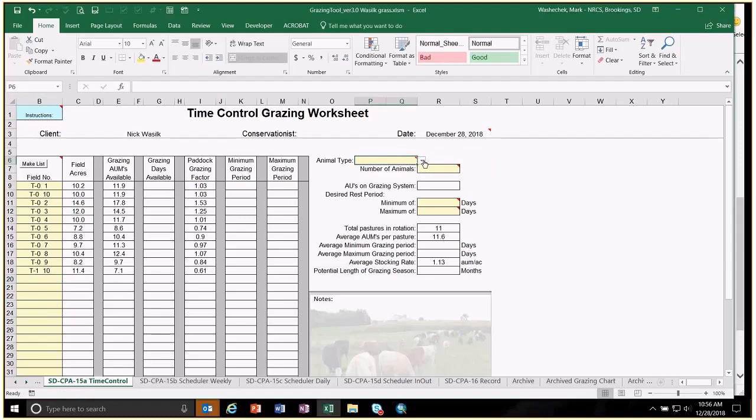I would complete the few boxes over here. I'm going to graze 1,200 pound cows. I'm going to graze 30 of them, and it actually tells me the animal units on the grazing system. I need to enter the desired rest period. So the comment boxes will tell you what type of information they're really looking for, and this is